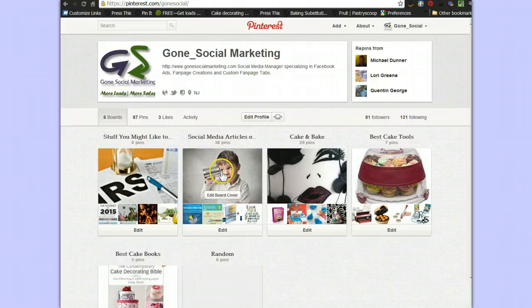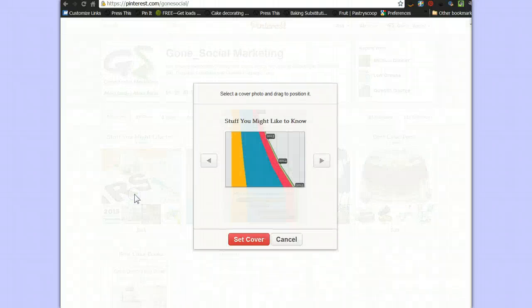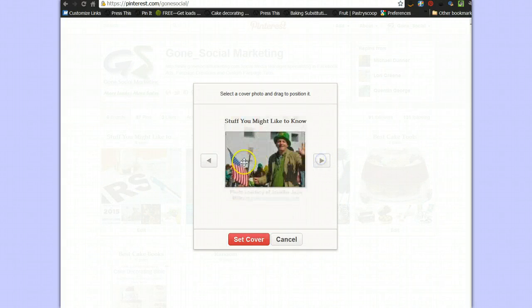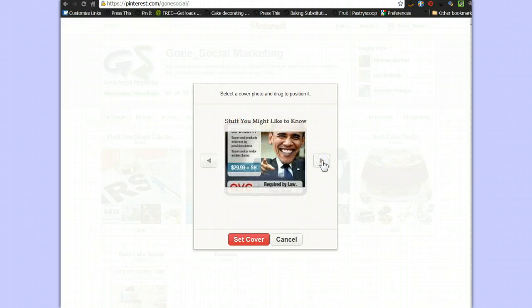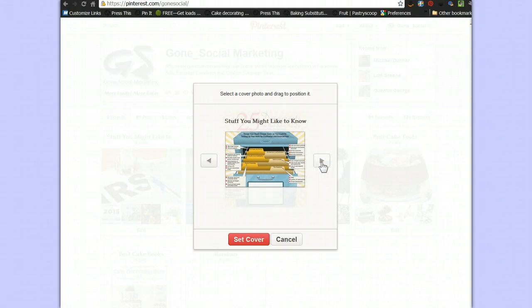Now, another thing you can do with the boards, and this is relatively new, is you can change the board cover. It used to be that the last photo uploaded was what your board cover was, but now if you hover over the board, you can hit Edit Board Cover. And then you can scroll forward and backwards through the images that you do have until you find a picture that you think would be nice to have. And then you click Set Cover,